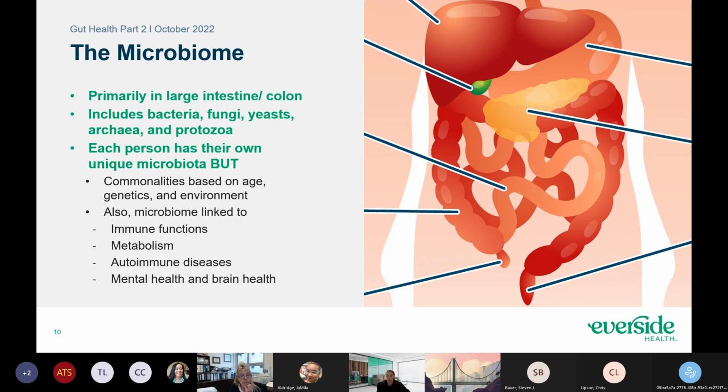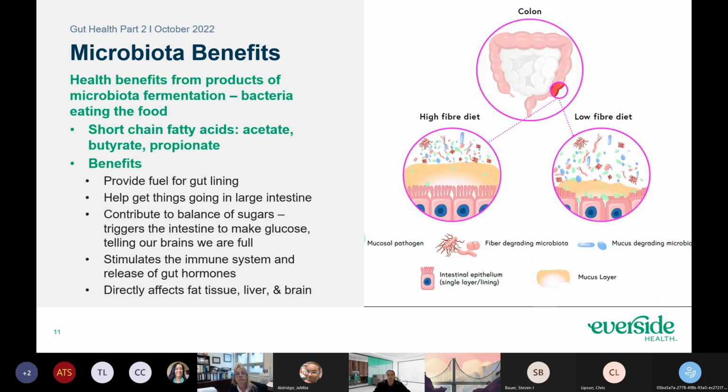So maybe you've already heard about the microbiome, maybe not. Hopefully this will help make it make a little bit more sense, but there are all of these little bugs in your colon that live there and give us some health benefits. Some of these health benefits include